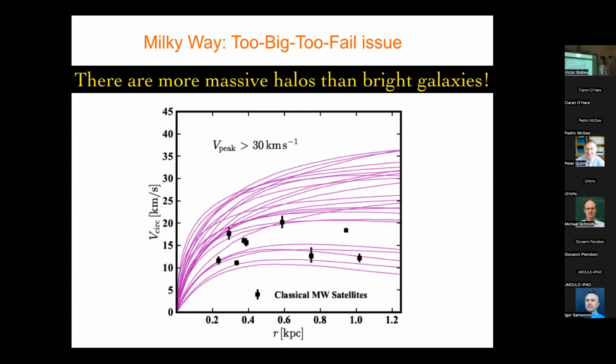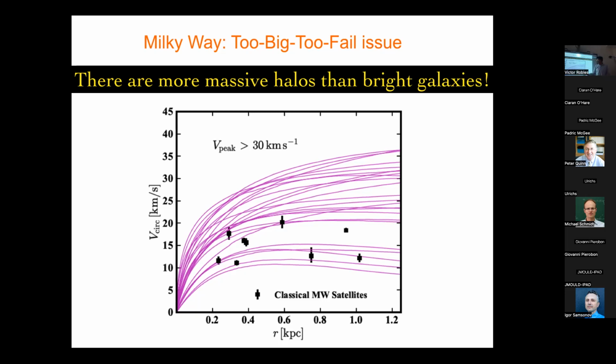In a related spirit, it's a similar problem, but slightly different, in the sense that if you look at the dark matter simulations that I showed before, and you look at the most massive objects that you form, such as what I mentioned in the beginning, then if you look at the density profiles or circular velocities for each of those systems, you will have, for instance, one of these lines. So each of these lines is one dark matter structure that you form in your simulation. If you compare it with the brightest systems that we observe in the Milky Way, so these are the points here,